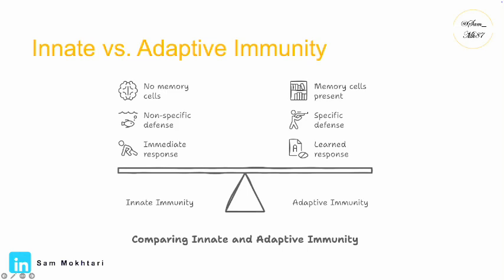Its key features include that it targets all invaders in the same way, regardless of the specific type of pathogen, and it responds within minutes to hours of detecting any threat. In terms of components, it has physical barriers, things like skin that act as a physical shield to block pathogens from entering the body, and it has cellular defenses, like white blood cells